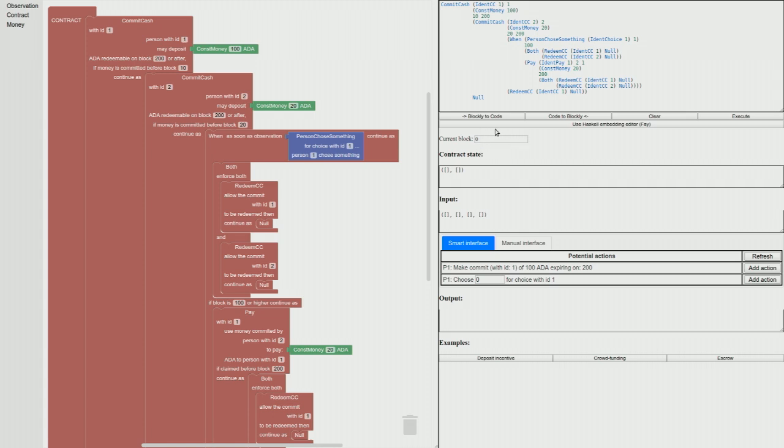This is the current block number, which will increase with time. We can see the state of the contract, the input, the output, and here we can see how the tool is actually deducing which potential actions the users can carry out. Most of the things can be done by choosing one element on the list.